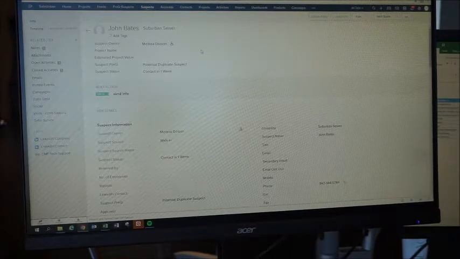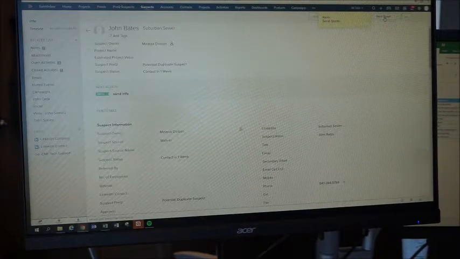So now we're going to pretend that we've already had the appointment with this customer, and we're going to be sending them a quote. So once we've sent them a quote, they're no longer a suspect, they become a prospect. And in order to switch them from a suspect to a prospect, you have to come into the suspect section, pull them up, and then once you're in there, you're going to click on this button that says send quote. It doesn't really send a quote,